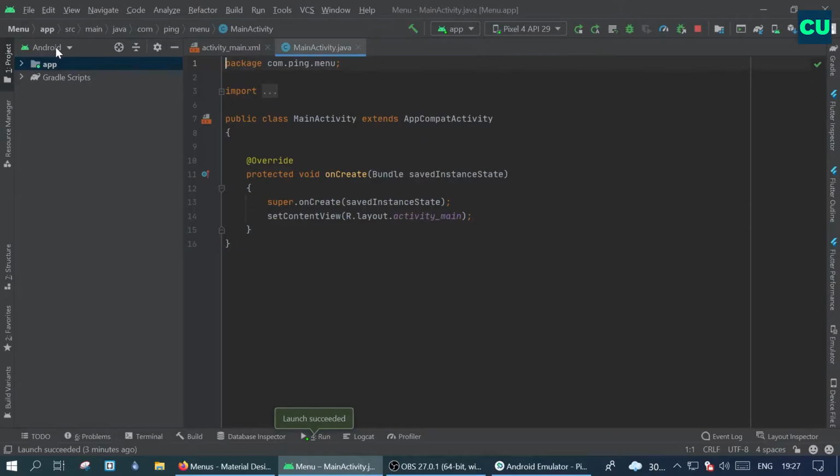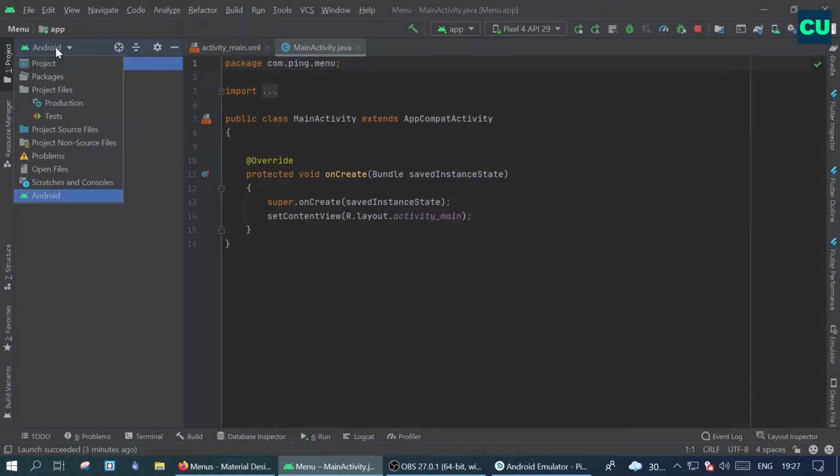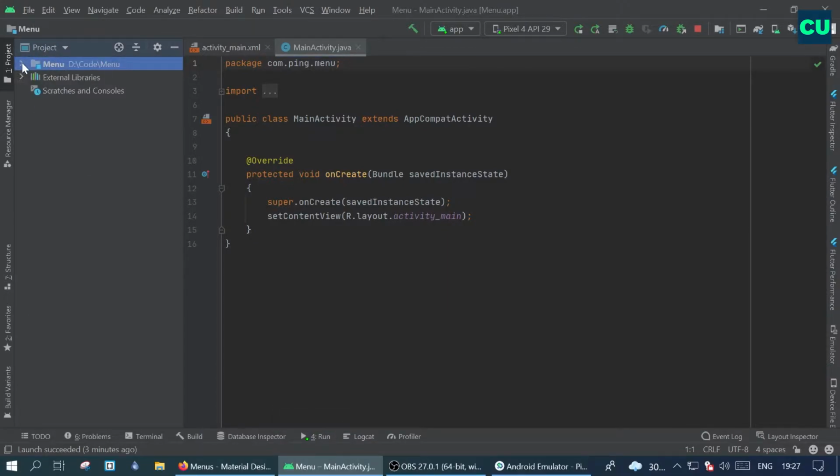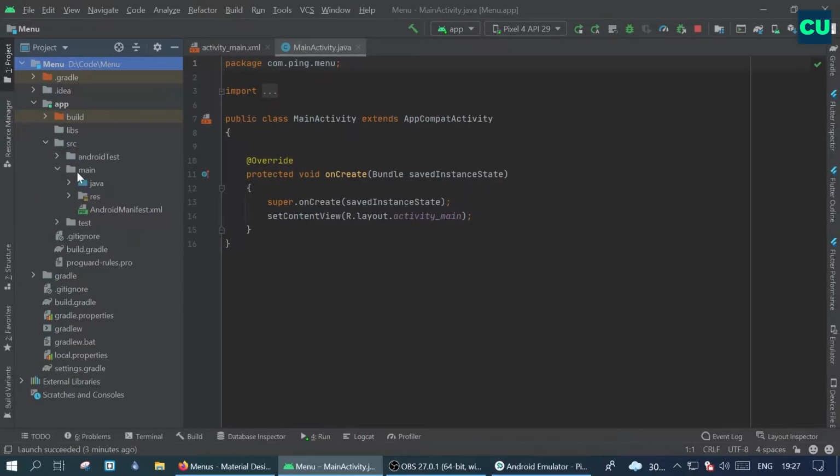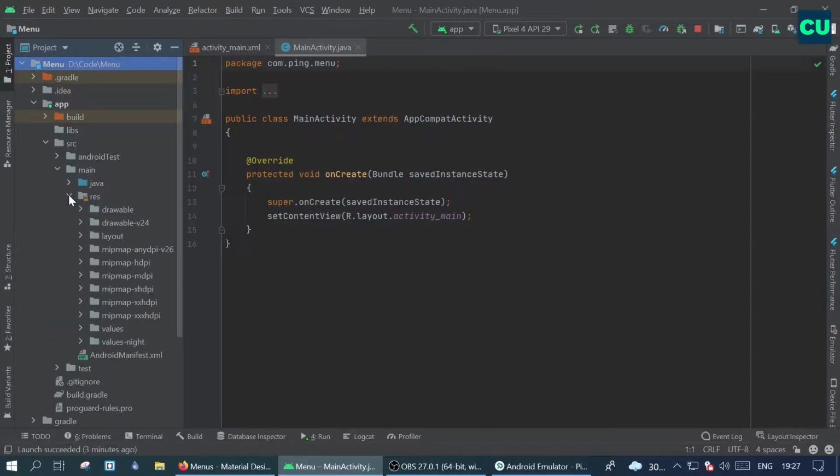So first let's open our project and try to create a menu. I'll switch the view to Project. Inside that I'm navigating to my resource folder, present under src, main, and res.